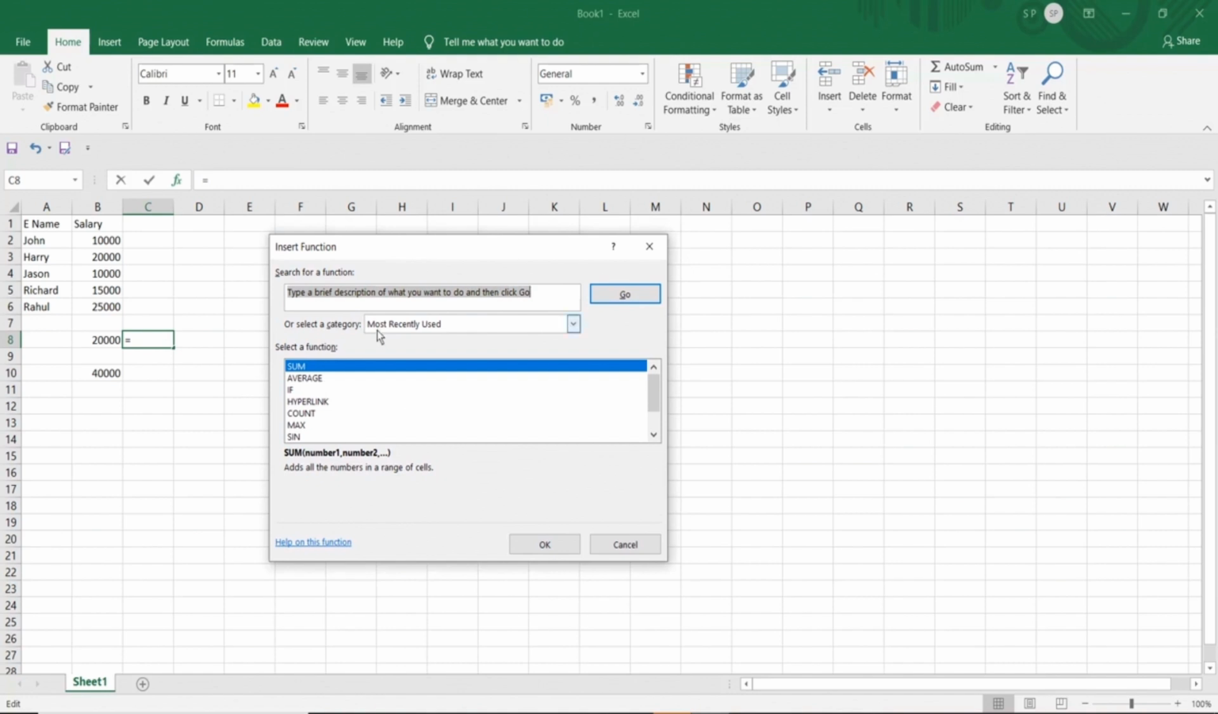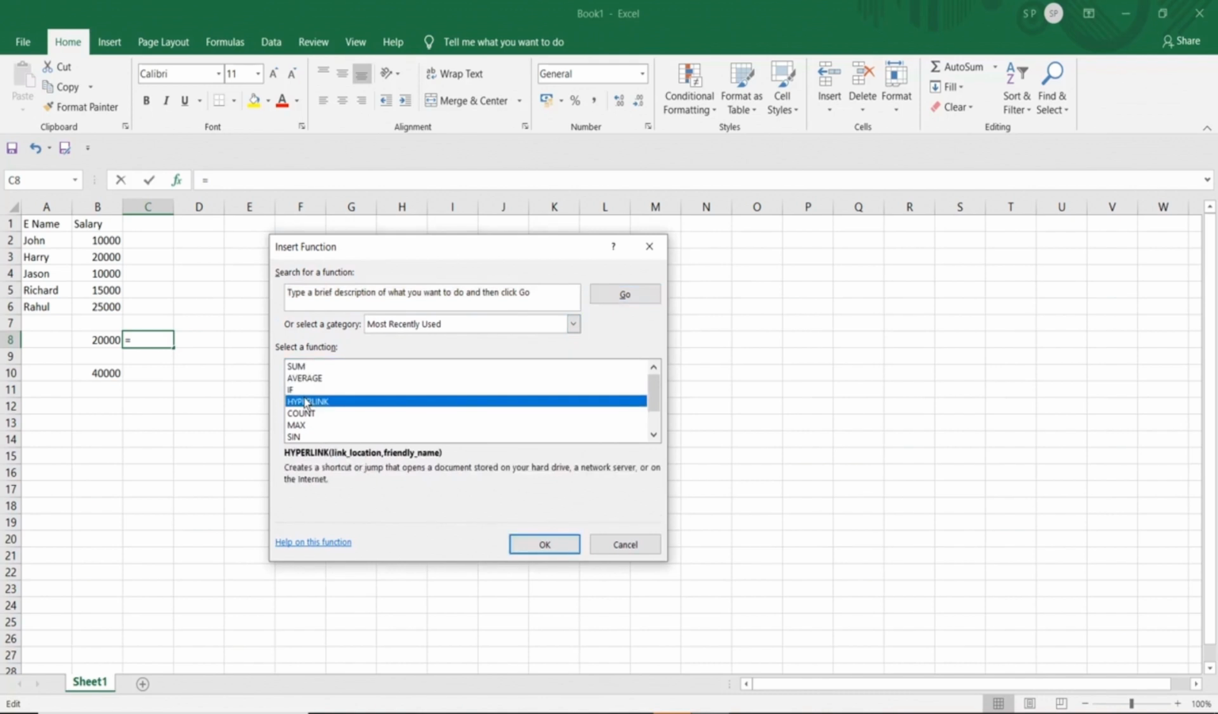Okay, so it says most recently used functions are these. Now Excel is asking you what you want me to do, because Excel itself doesn't perform any function. So you have to give instructions to Excel and then it will do the job for you. So let's type here